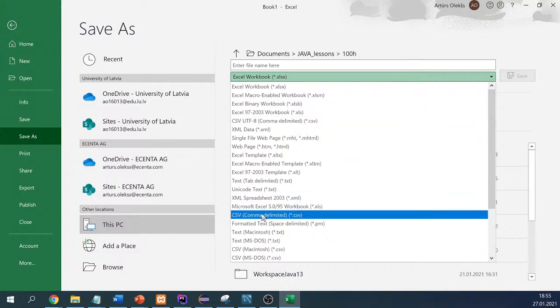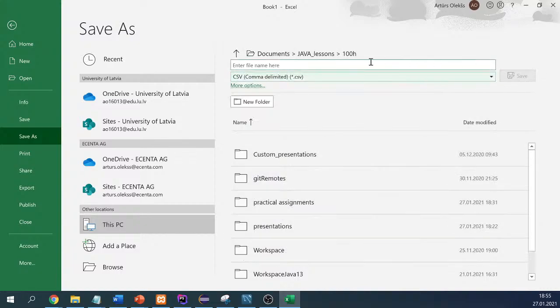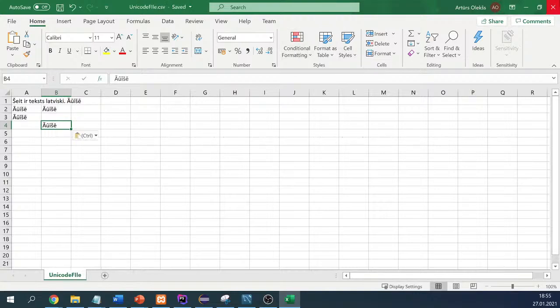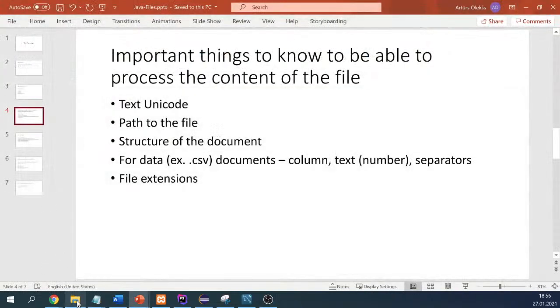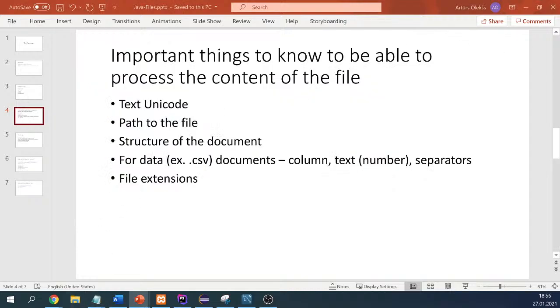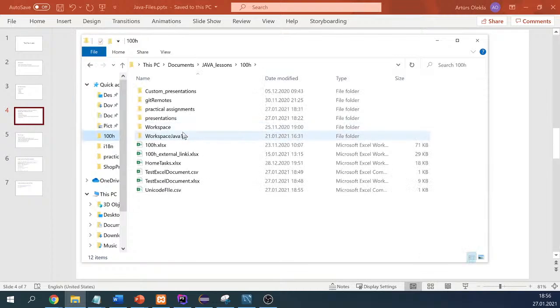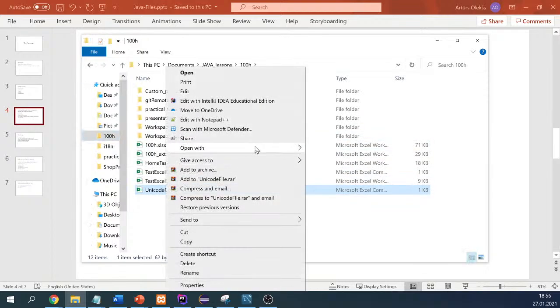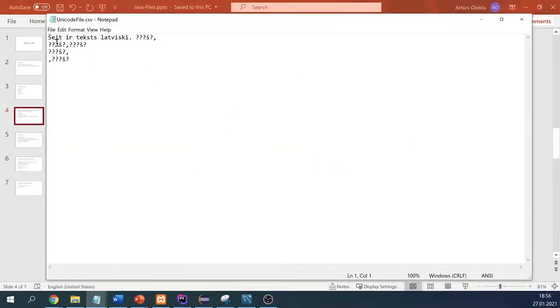If we save it using simple CSV, then close it, and then open it using the text document, you can see that